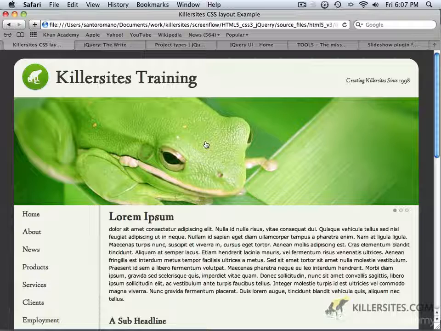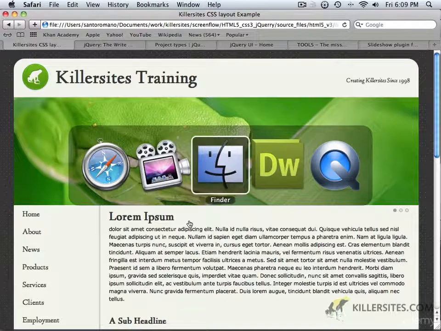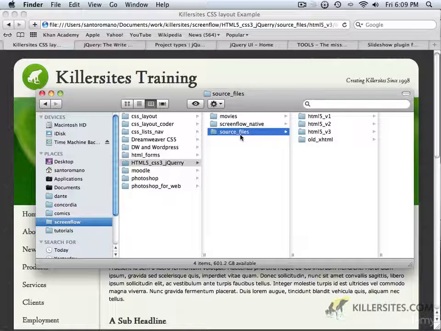However, I will take the moment to mention that killersites.com has a number of training tutorials that are dealing specifically with jQuery. However, I also want to show you some alternatives to the traditional jQuery. As you can see here, I'm just switching on over to my Finder, and in the source files